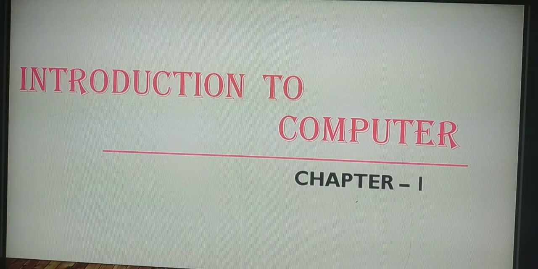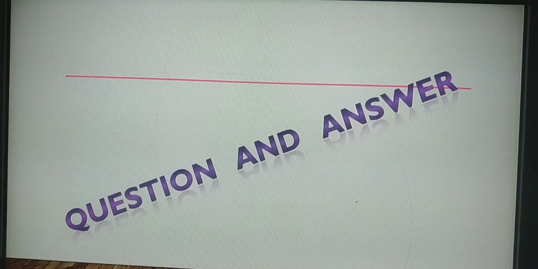Students, now we are going to see Introduction to Computer, that is chapter 1. In chapter 1 we are going to discuss some questions and answers for you. First we are going to discuss some book back exercises. Simultaneously I will be asking you to underline. While we are discussing, you underline each and everything in your book, and finally we can have some extra questions also. Okay, so take your book, mark each and everything that I am asking you to do.